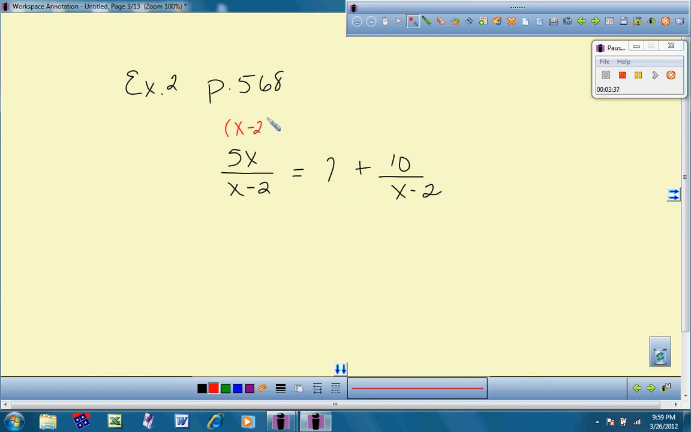So I just write them on the top. It just helps me stay organized. You do not have to do that. Alright, so this is really saying x